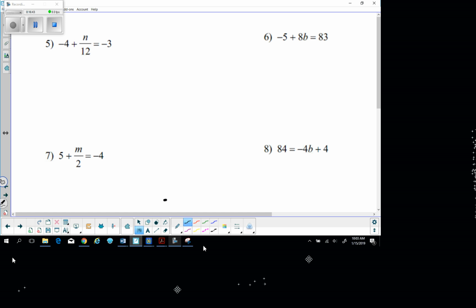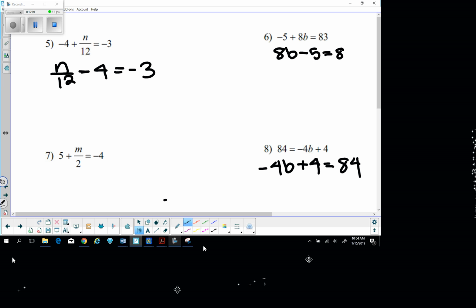Does anyone want me to go over one more that is out of order? Like, do you guys see how 5 and 7 are written? You can always rewrite it, like n minus n over 12, and the lunch tray is minus 4 equals negative 30. So you can go through and rewrite it, like negative 4b plus 4 equals 84. 8b minus 5 equals 83. So do you see how I'm rewriting it? And then you're going